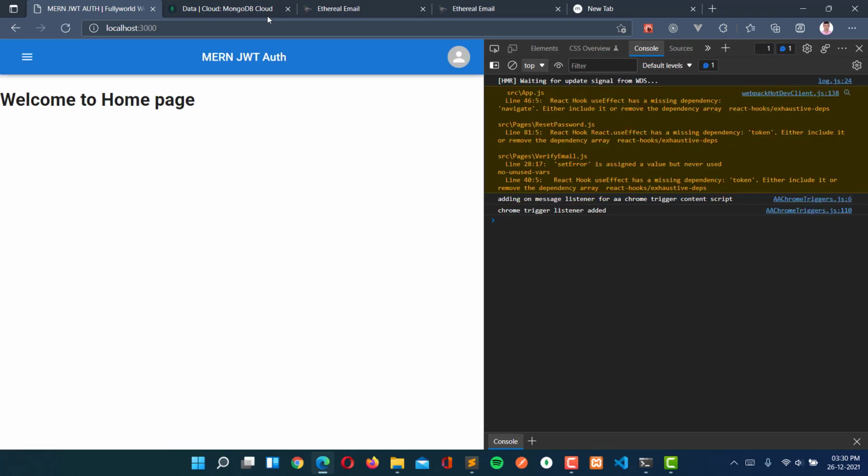So this means that this is working perfectly, and now we have completed our whole application here. We can easily log out the user, and now you can do anything. There are minor things that I'm not covering here, like how to block a route if the user is not logged in, which you can do. My motive was to show how to apply MERN JWT authentication, so that we have done here. Now for today this is enough.